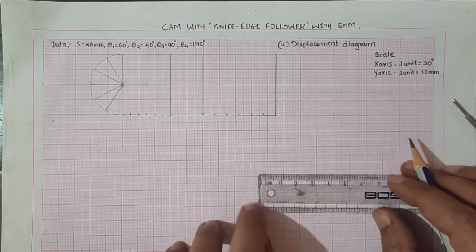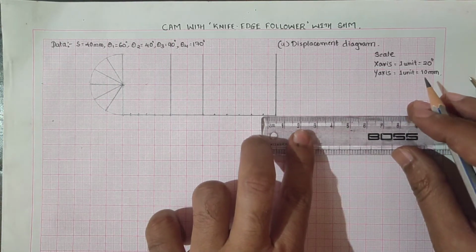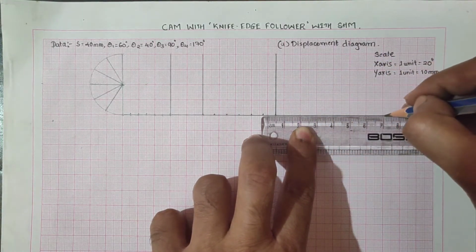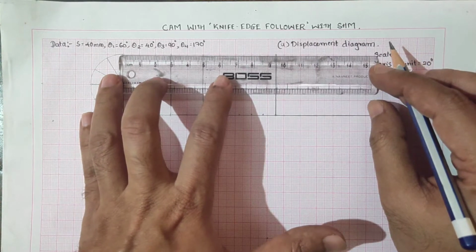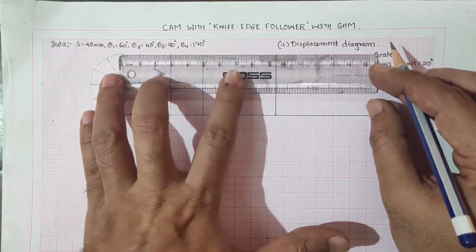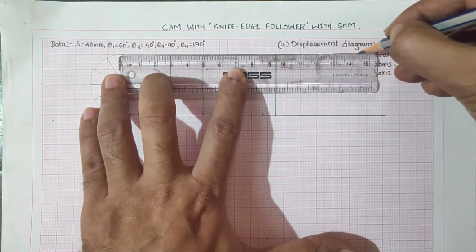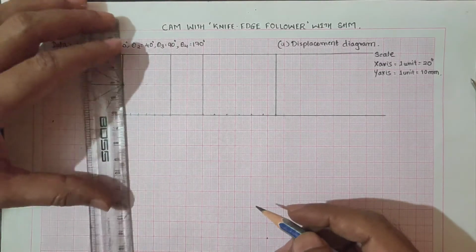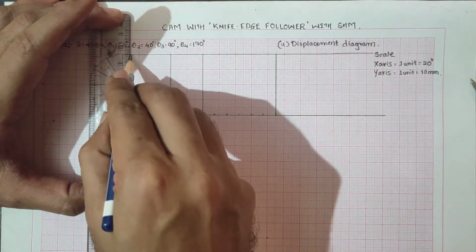Next what we are having, we have to extend this line. It is for 170 degree. It is remaining is the dwell period, so we can keep it like that itself only. It's not going to have any much requirement for doing any calculation. Now vertically we have to partition this one. These lines have to be drawn in thin lines.